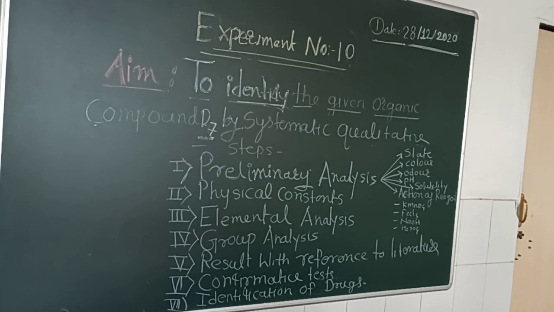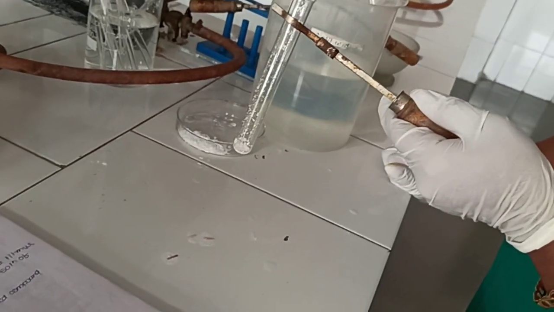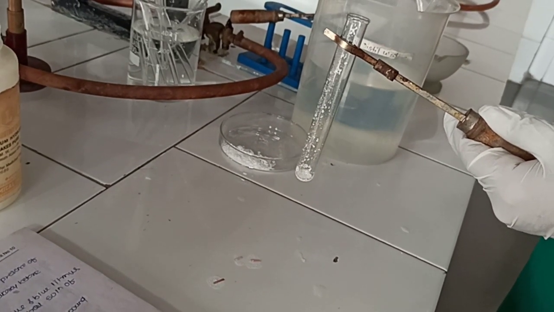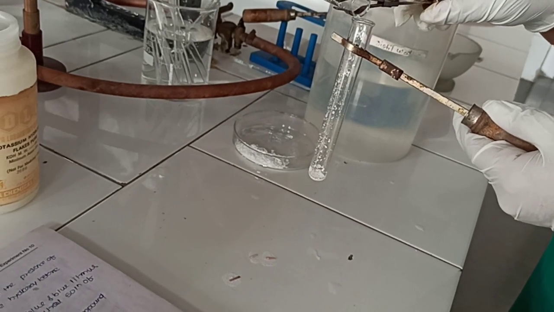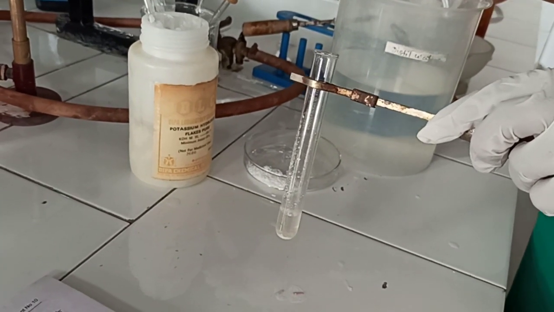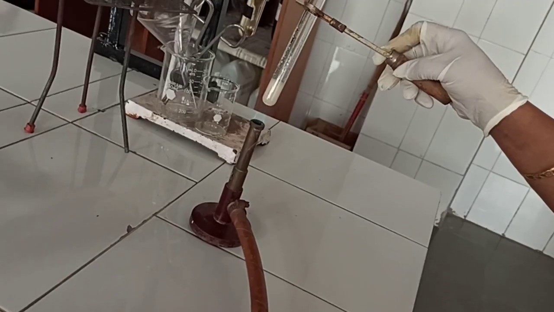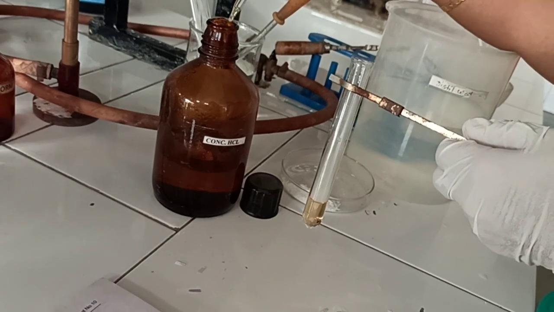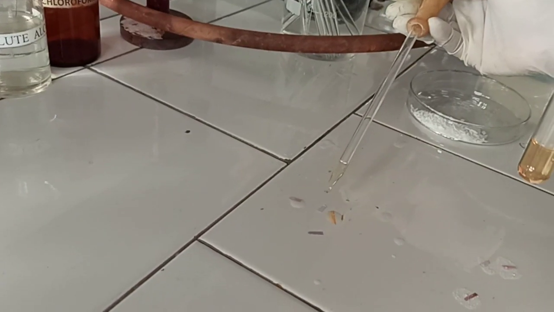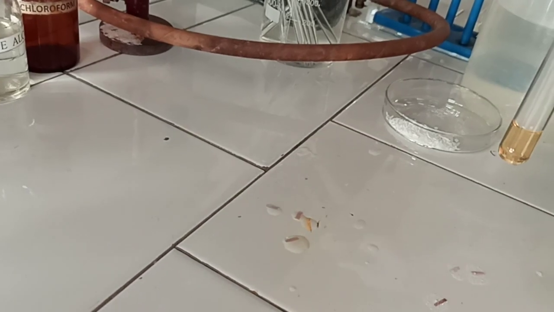Now see the next step, that is confirmative test. See the confirmatory test for today's compound. We have to take 0.1 gram of our compound, then add 1 ml of 5% hydroxylamine hydrochloride in methanol, add KOH to make it alkaline. The next step, heat to boil, acidify it with dilute hydrochloric acid. See, the blue litmus turns red, that means it is acidic.